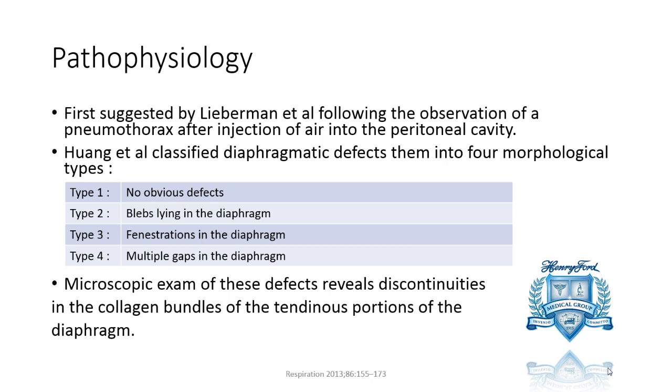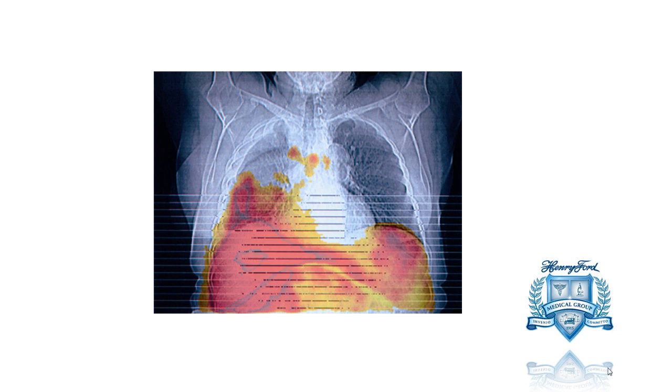Microscopic exam of these defects has shown discontinuities in the collagen bundles of the tendinous portions of the diaphragm. So this is a scintigraphic study where they injected technetium into the abdomen, and 24 hours later, they noted